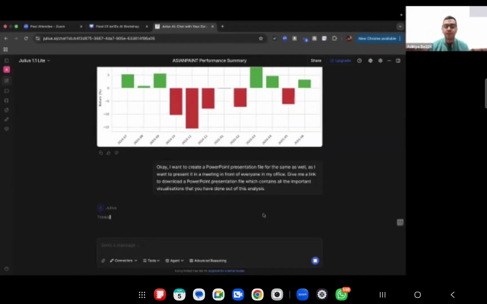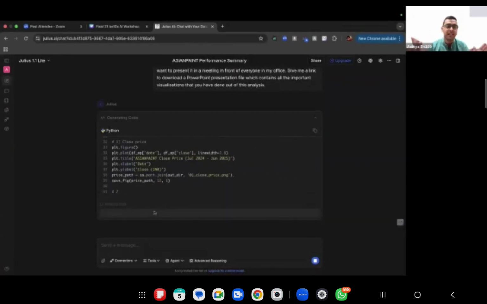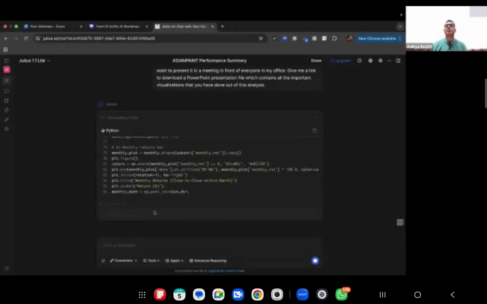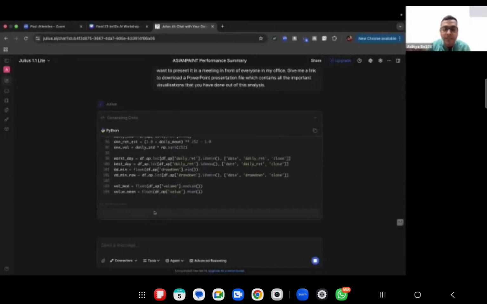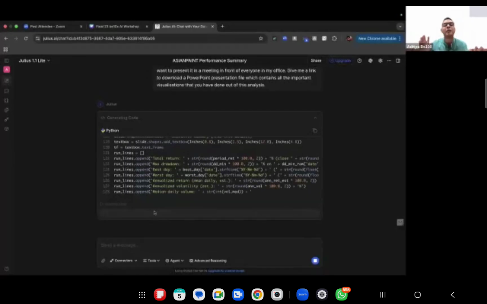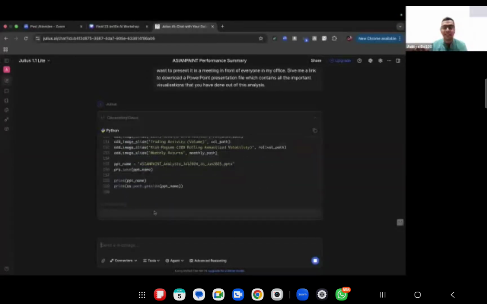I give it this sort of a prompt. I don't know whether it will work for us, whether it will be able to create a PowerPoint file. Let's see whether it is able to do it for me. Again it has started to write a few lines of code. By the way, how many of you feel it would be absolutely amazing if it can give us a downloadable PowerPoint file right out of this? We do not need to go to any other platform. Let's see if it is able to give that to us.